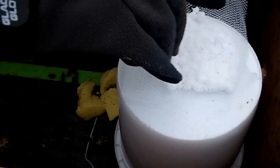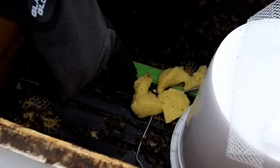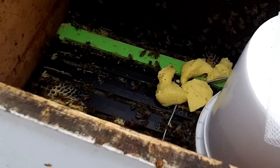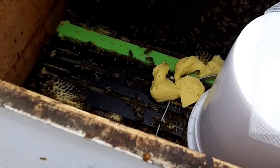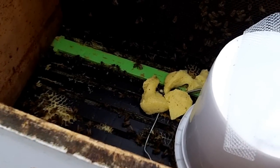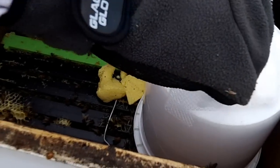Here are the menthol crystals. There is the wintergreen grease patty. And here's a couple of frames that I did to combine some bees earlier, and I think I'm going to remove them today. I don't see a big need to keep them in because we're going to be wintering them soon. And then I'll pull off this bucket here